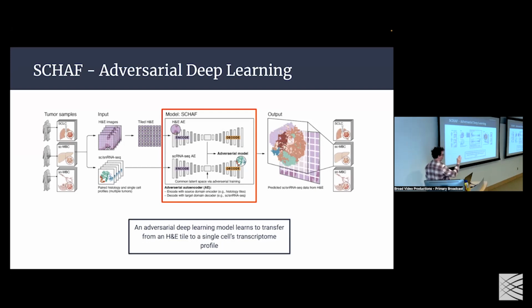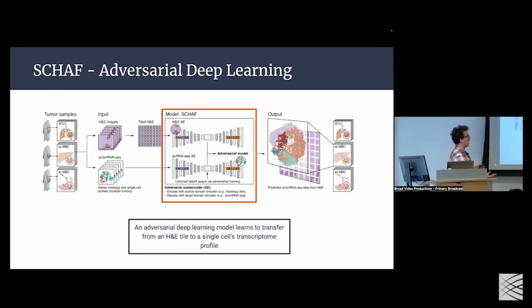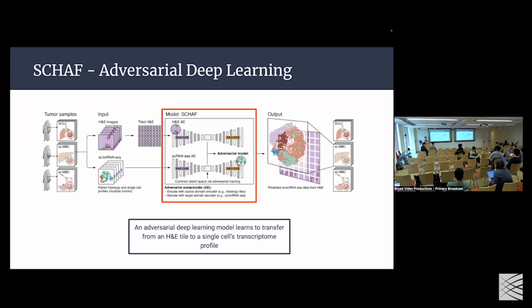You encode an H&E tile, you take that encoding, and you pass it into the decoder of the other model. Now you have a transcriptomic profile. It's pretty cool. And again, they have the same latent space, so it should work. I hope it works. And after that, we have very nice output. Now, before I continue, I just said a lot of words, so if anybody has any questions, I'm happy to take a question or two before going on.